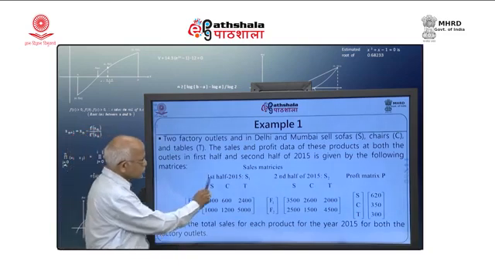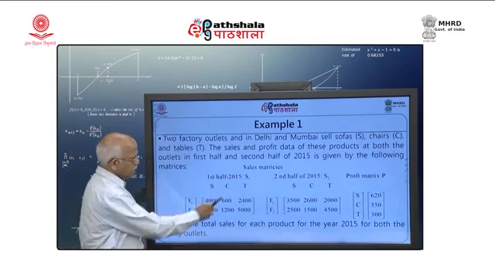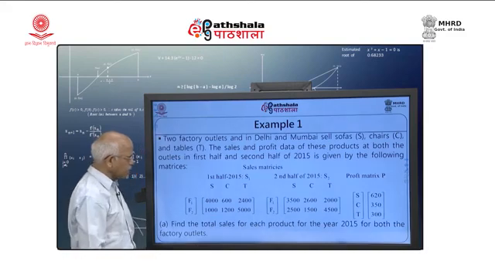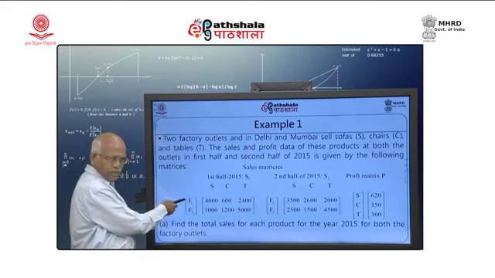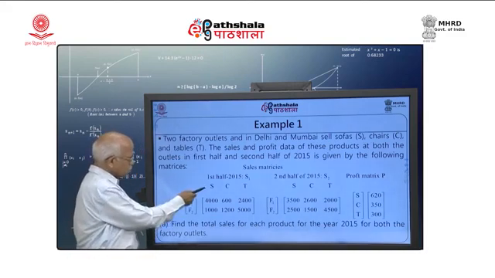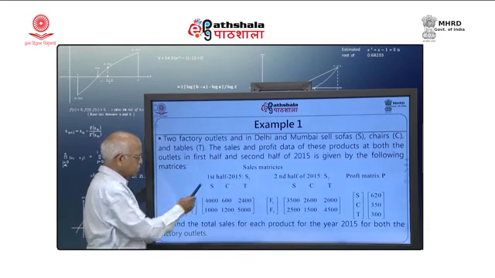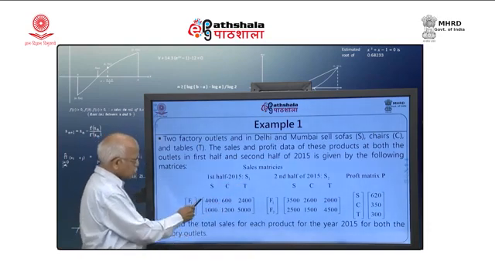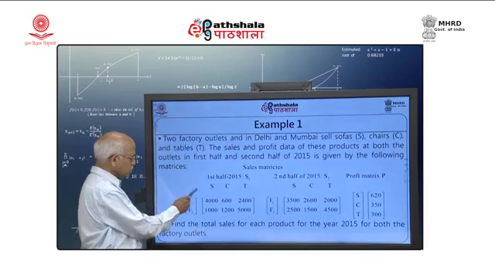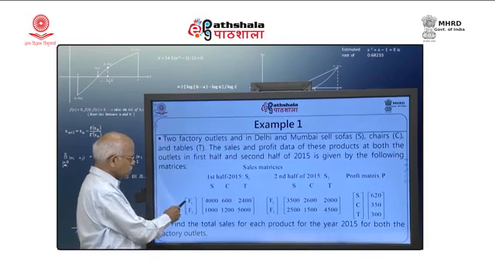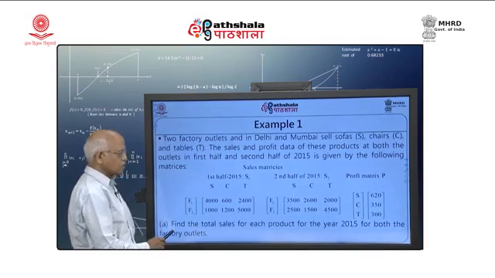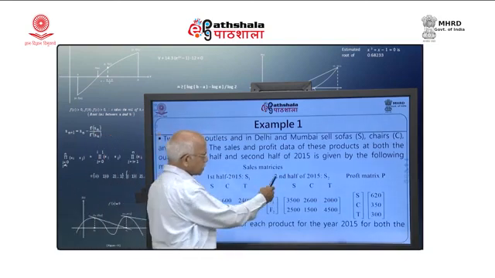So, I am taking the first half of 2015 and calling this matrix S1. I have got one factory outlet, another factory outlet, and sofa, chair and table, and these are the actual sales. So, 4000 sofas are sold at factory outlet 1 in the first half, and similarly I am representing the second half